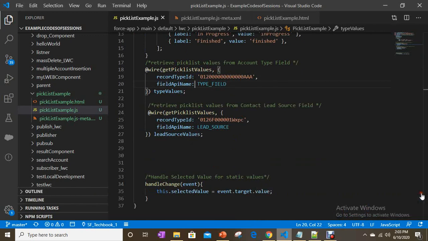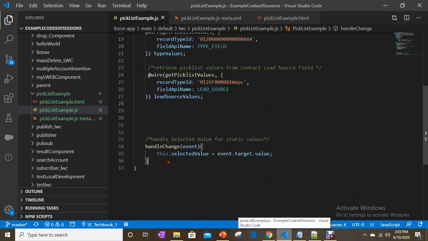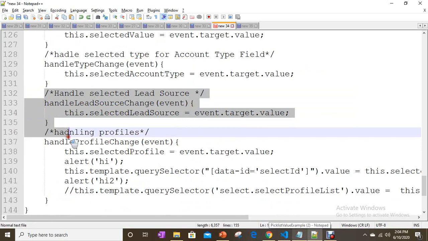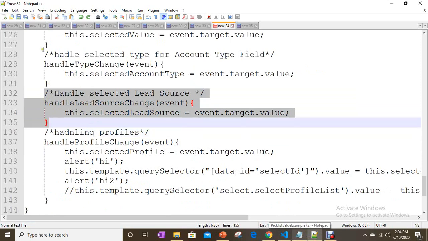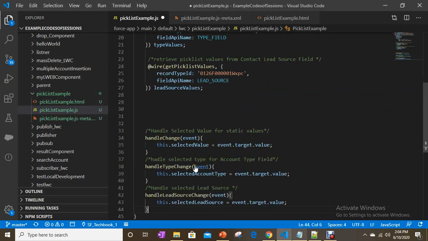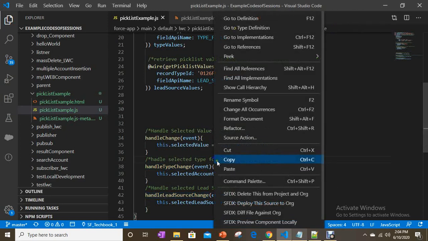Now let's add methods also. Let's define methods for selected values. So simply handle type change and handle lead source, nothing else.